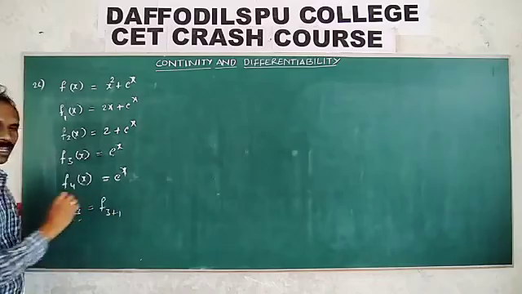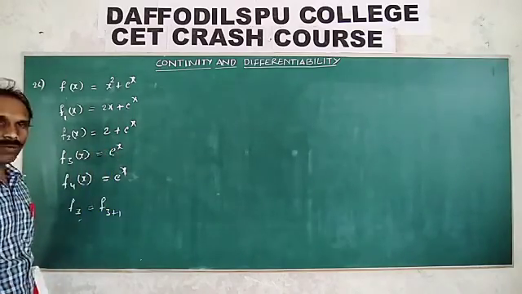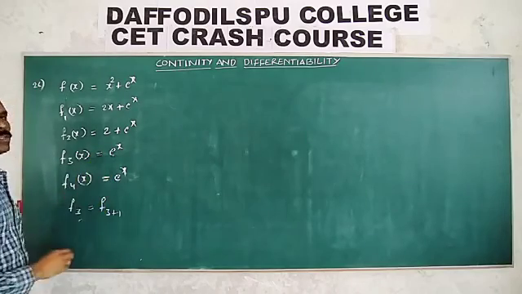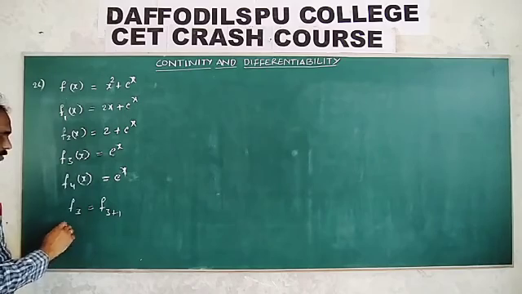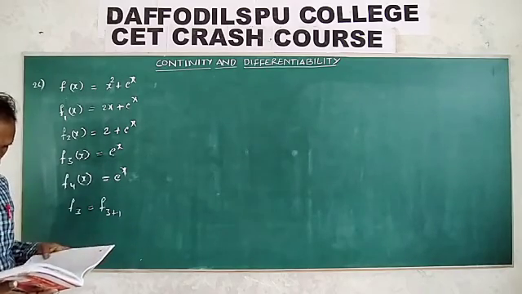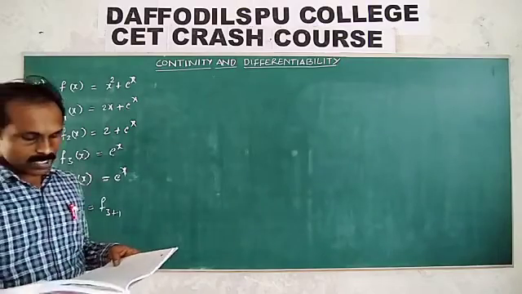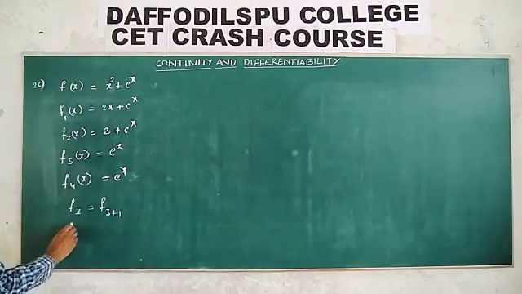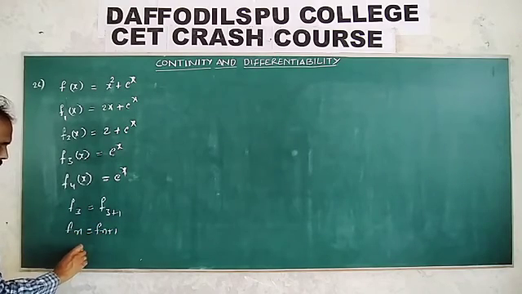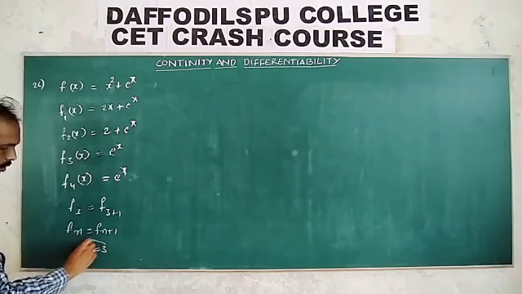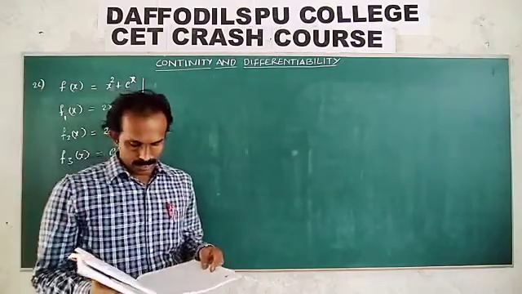That implies f3 and f(n+1) are equal. At these two derivatives the value is equal. So these two derivatives are equal. Then what is the least value of n here? 3, the third derivative. It implies that f^(n) equals f^(n+1) gives n is equal to 3. Third option is the correct answer. Right.